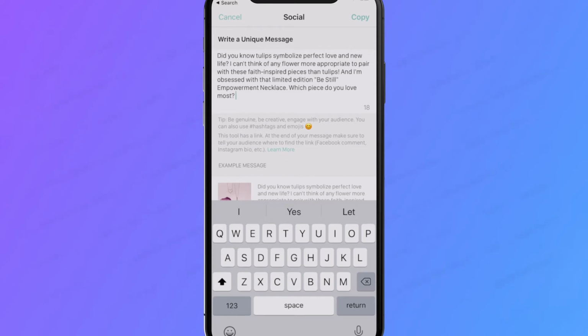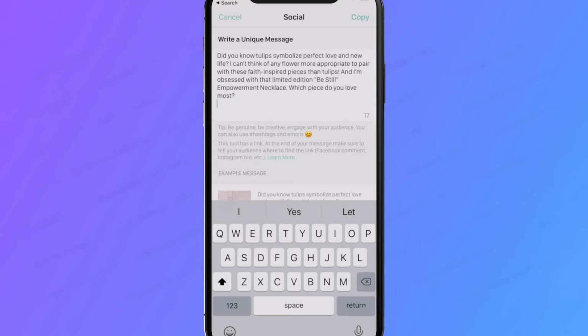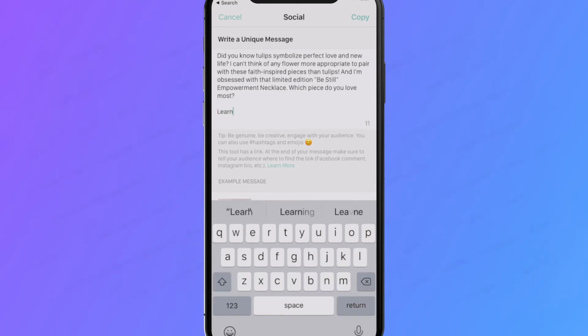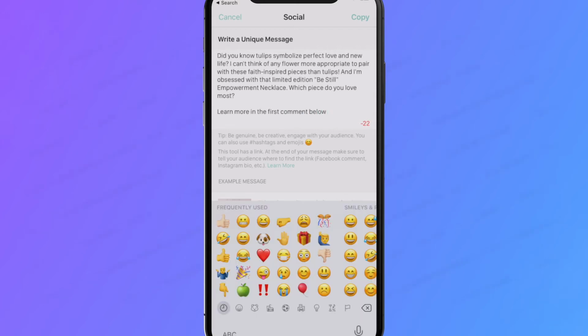So in this case, you'll notice that this actually prompts me and it tells me that this tool has a link, and it prompts me to tell my audience where to find that link. So if it's Facebook, it's going to be in a comment. If it's Instagram, I'm going to lead my audience to click on that link in my bio. So in this case, I'm going to share this image on Facebook. So to learn more, I'm going to type in the first comment below. And I'm going to add my little emoji, and then I'm going to be able to share this and select